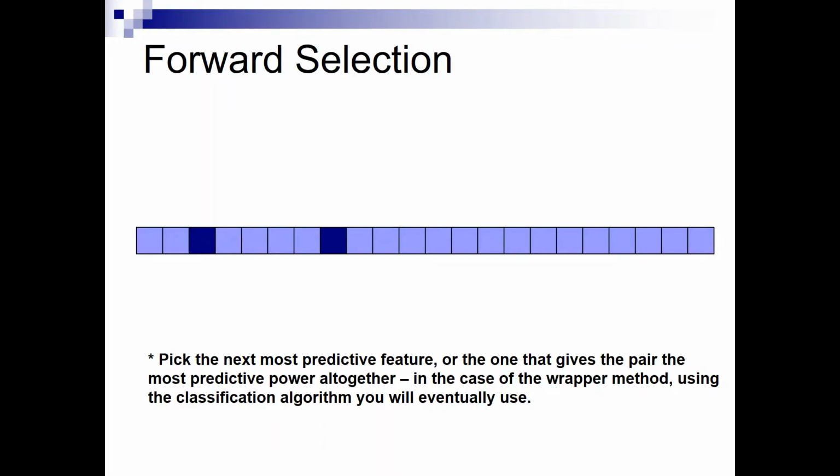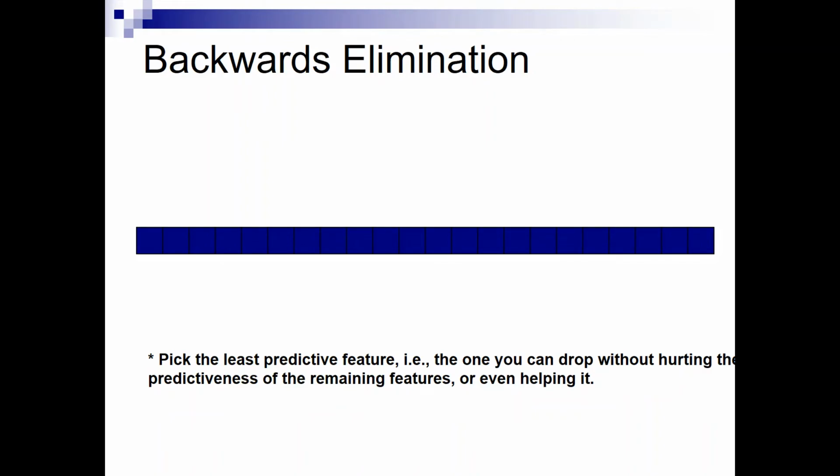And now I will have a subset that includes two features. Now I can see, okay, I still have n minus 2 light blue squares left. And now I'm going to step through each one of those n minus 2 light blue squares and see, of the ones that are left, which one, when I add it to the two I've already selected, gives me the best subset. And then I add that one. Okay, so if I was just going one by one, the way you just observed, I would be doing forward selection, and eventually I would stop when I cease to get substantial improvement by adding an additional feature.